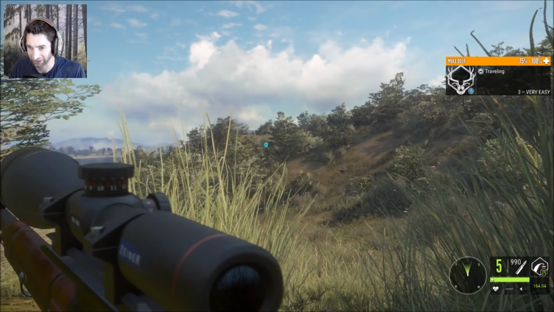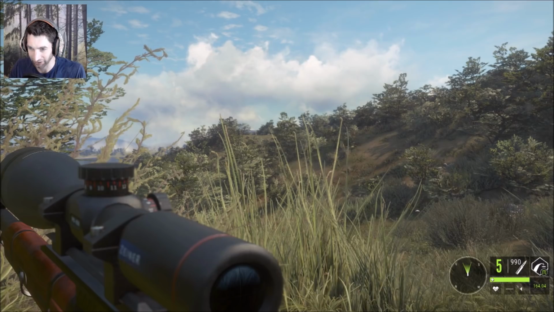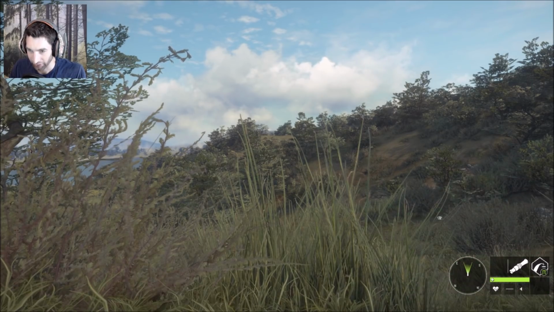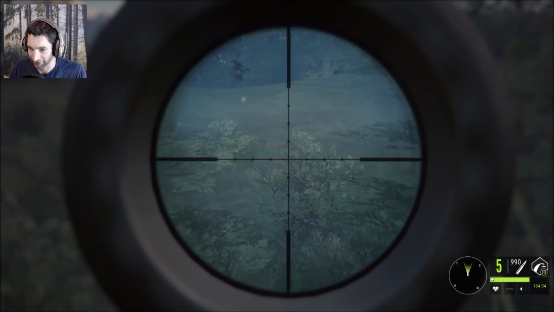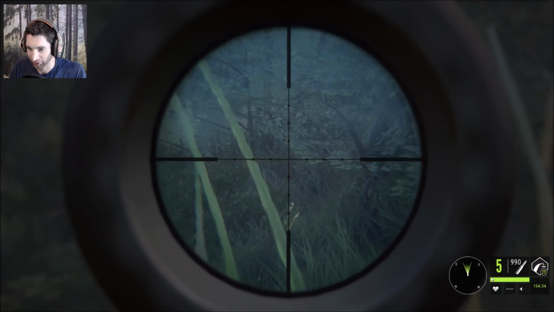Oh, I was about to take a shot. I wouldn't recommend taking trotting shots, especially through the brush like this. So try and calm down. Get him to come out in the open. Once he's in the open, you can sort of take a trotting shot if you want, but trotting shots in general are not the greatest idea. I'm pretty comfortable taking them at this point, but